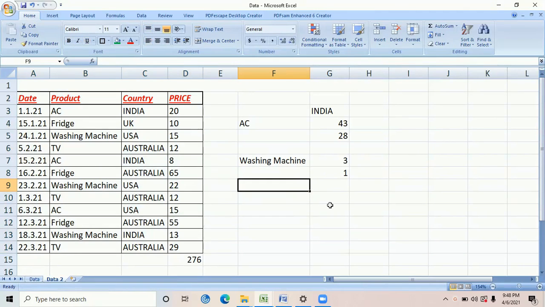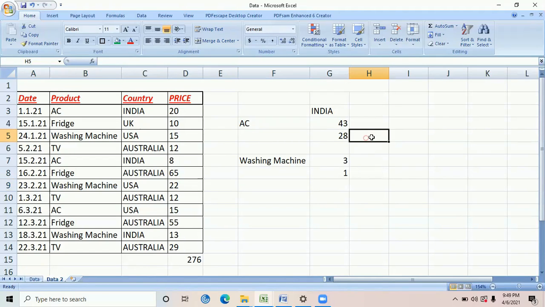Right, so what does the SUMIF function do? The SUMIF function is used to sum the values according to a single criteria. Using this function, you can find the sum of numbers applying a particular condition within a range. To do this we need basically 3 arguments. The first one is the range, the second one is the criteria, and the last one is the range containing the values to sum.